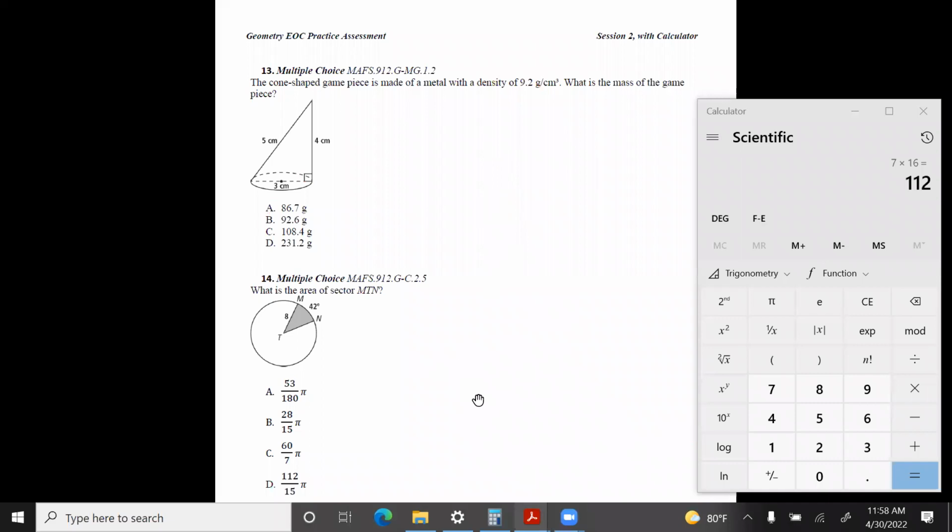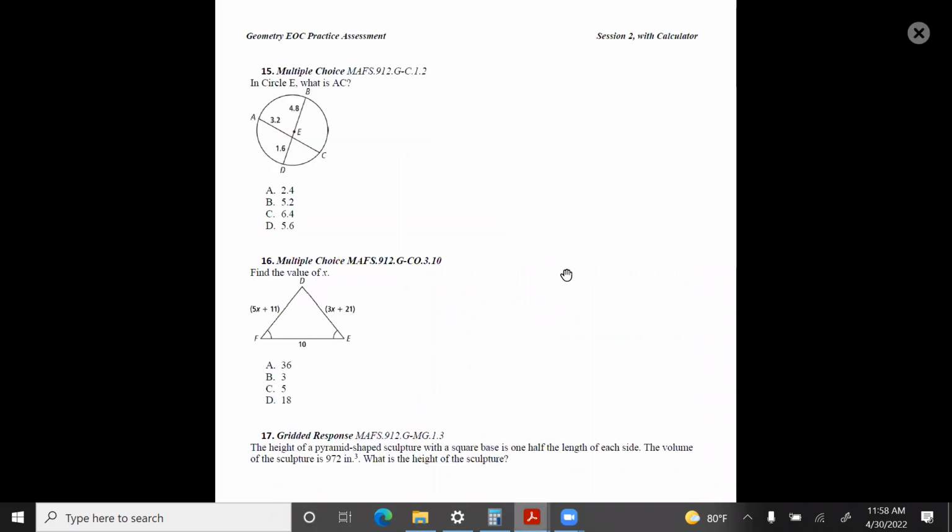All right, moving on to the next one. And we're on that page at 15. On 15, we have a circle. We have 2 chords that are intersecting, and they want us to find AC. AC is this entire length of this chord. Well, we have a formula that will allow us to solve for the missing part over here, which is the other half of AC. And they gave us, let's see,